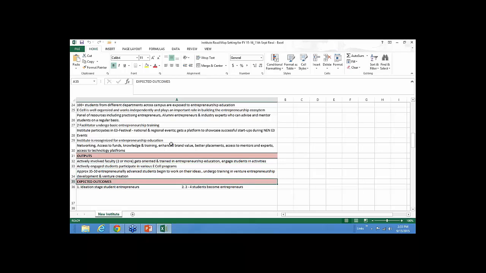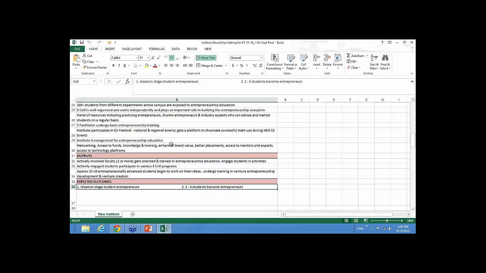I will talk about the outcome first. If you run these activities well, as an institute, you must ensure that you have a target for yourself, that you have at least students who are going to start their ventures. You must also have a very clear target that you have students who are in the ideation stage who come with ideas. Now, we have an argument here. We have a lot of people who come back and tell us that entrepreneurs are born, not made. You can't force anyone to become an